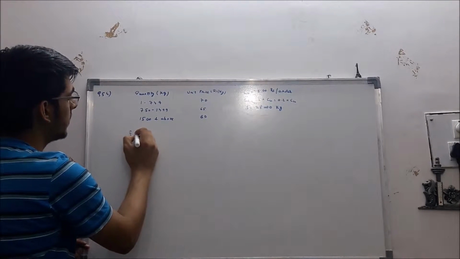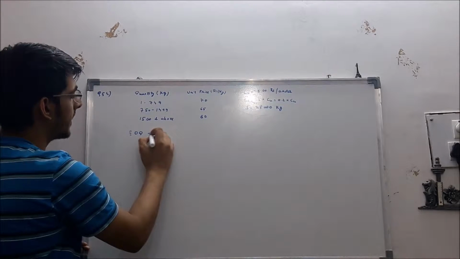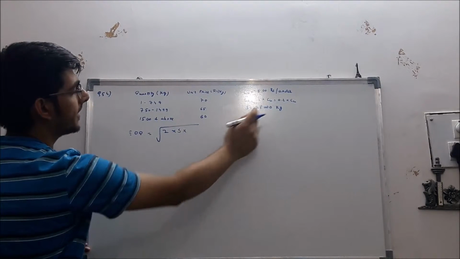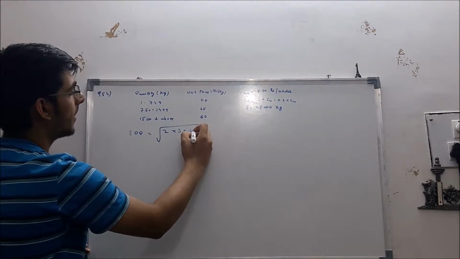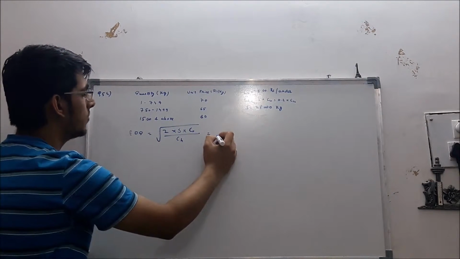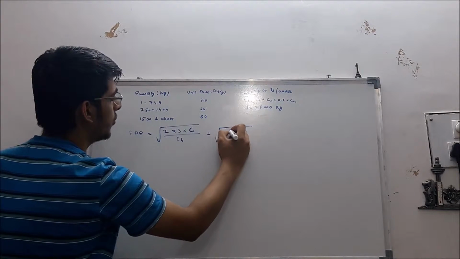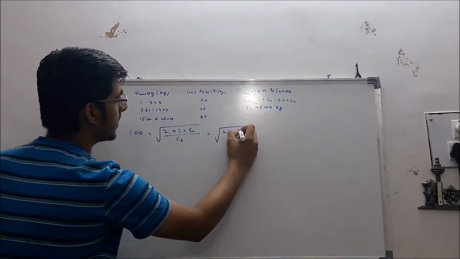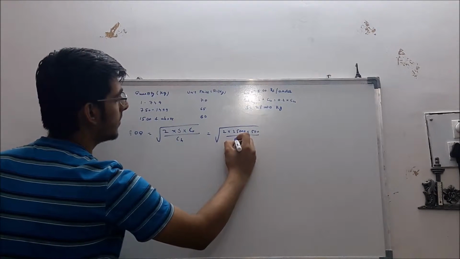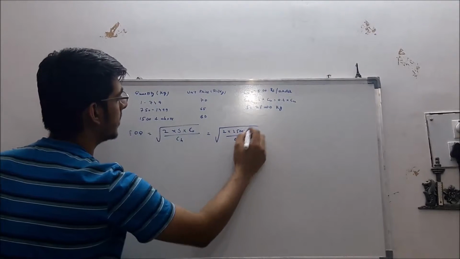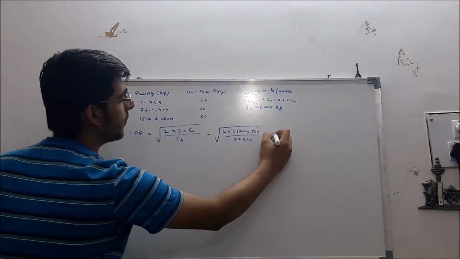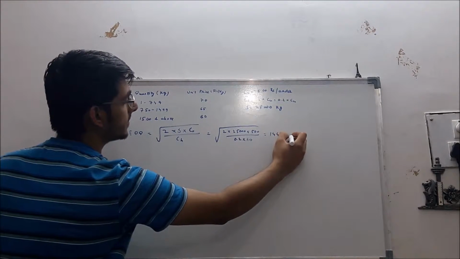First let us find EOQ, that is economic order quantity, that is given by under root of 2 into this total annual quantity, that is 25,000, into ordering cost upon CH, that is handling cost. This comes out to be under root 2 into 25,000 into 500 divided by 0.2 into let us take 60 since this is the minimum unit price. This comes out to be 1443 kg.